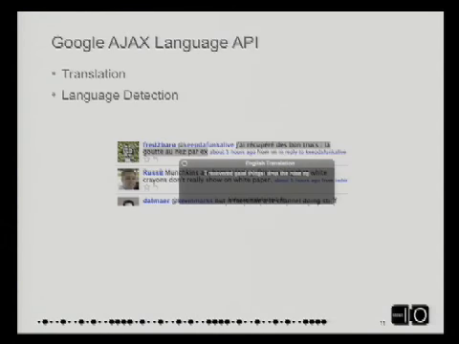And then the newest member of the group is the language API. And it does translation and language detection. And we're actually going to use both in this demo. So it's kind of interesting to see Vadim put this slide together, which I ungraciously stole, and it's Dion's actual work. And we did a neat little trick in this application, a different spin on how you might want to approach it based on your application.